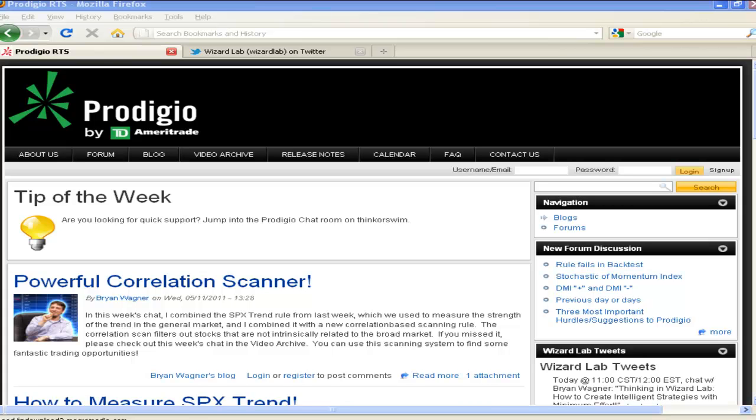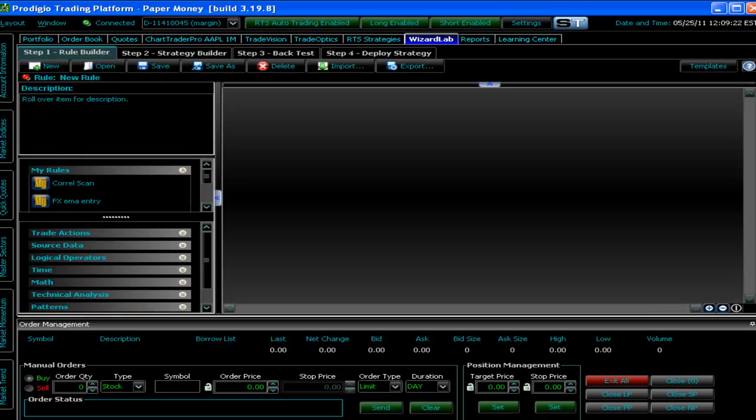Okay, so I'm just going to go back over to the Prodigio platform, and we're going to focus on this as the main center point of our conversation today. Okay, very good. So Prodigio Wizard Lab is all about building rules and building strategies. It's deployed on the server, and this is a philosophy that we have always had with the Prodigio system. This is different than a client-side system, right? And the two differences